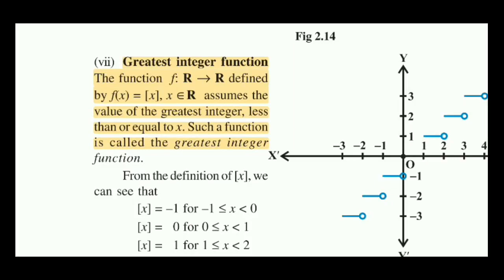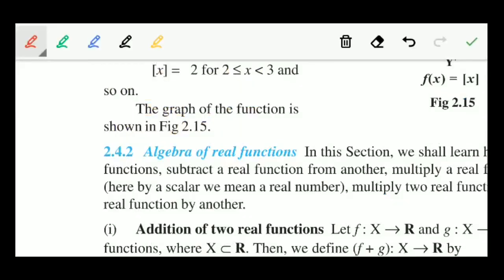Now see the next function, the greatest integer function. This function is defined by f(x) equals [x]. You can see here rectangular brackets, and these brackets indicate that the function is the greatest integer function. So remember, see more examples of greatest integer functions. The first example is [5], which equals 5. Why is it 5? Because it is an integer.